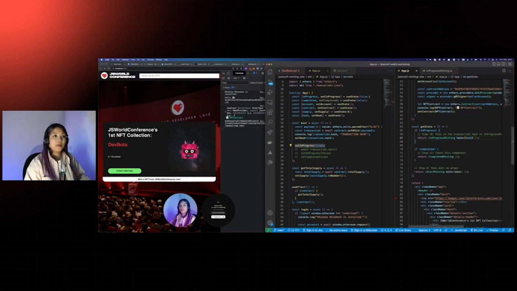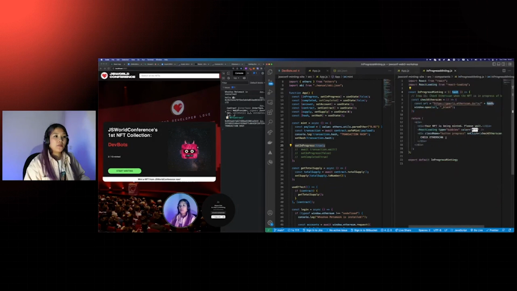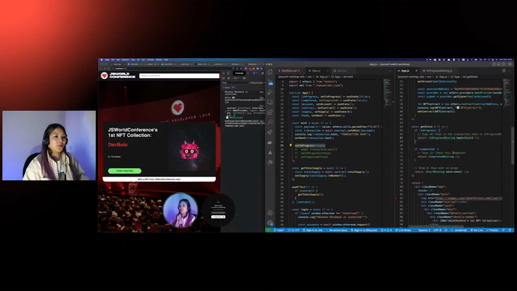like that. So that way, the in progress, the check Etherscan, when you click upon it, it invokes a function called check Etherscan, and it's going to use the link and that transaction hash at the end and opens the thing up where you can see the transaction. Okay, so I just made it a little bit easier for you guys today. Okay, now